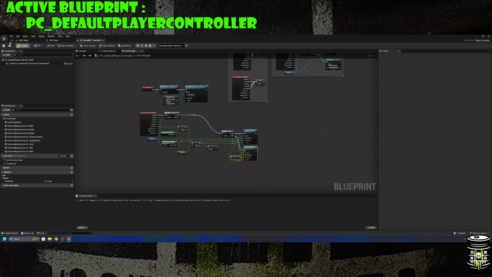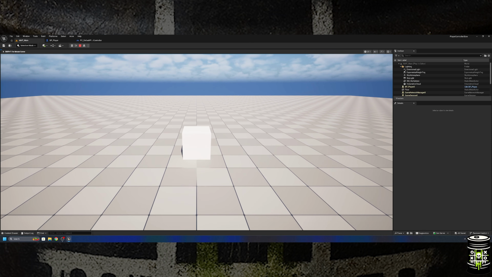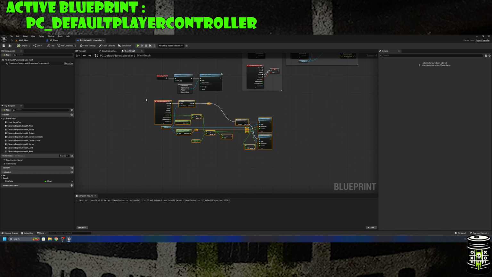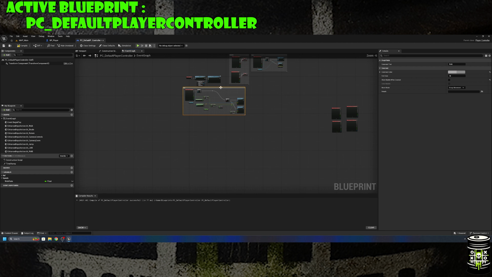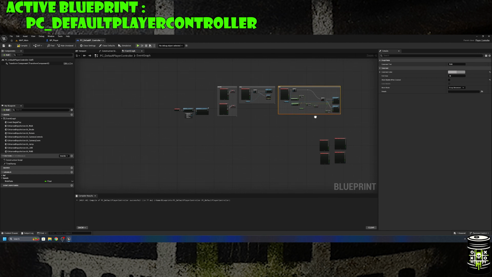So we have a forward and a backward now. And the backward will go much slower than forward. So we've got our forward and backward movement ready. So our walk is pretty good. I'm happy with it. Now it's kind of the same thing here,